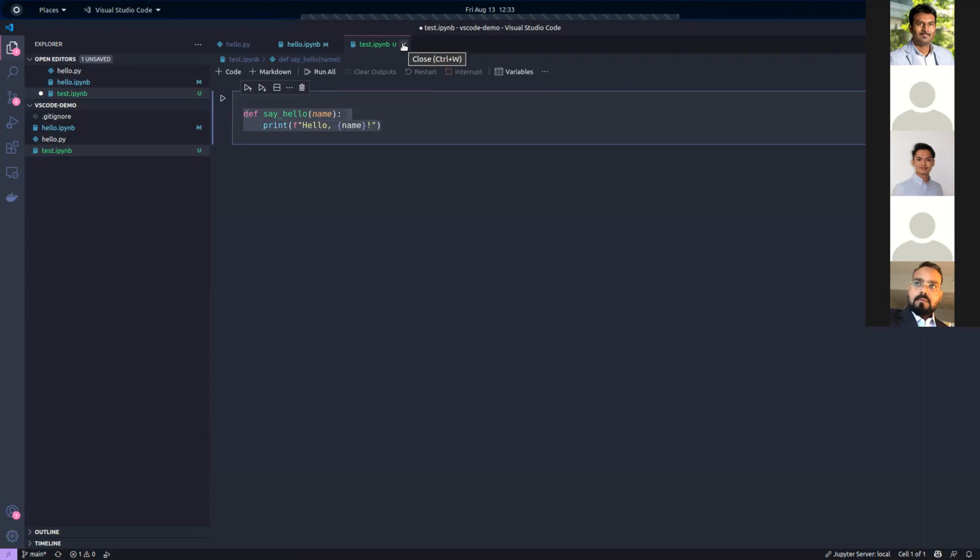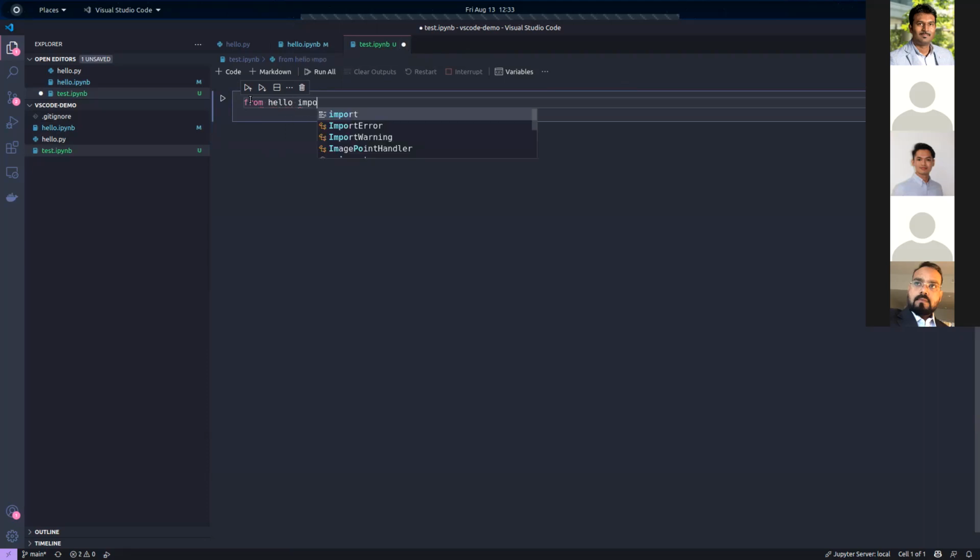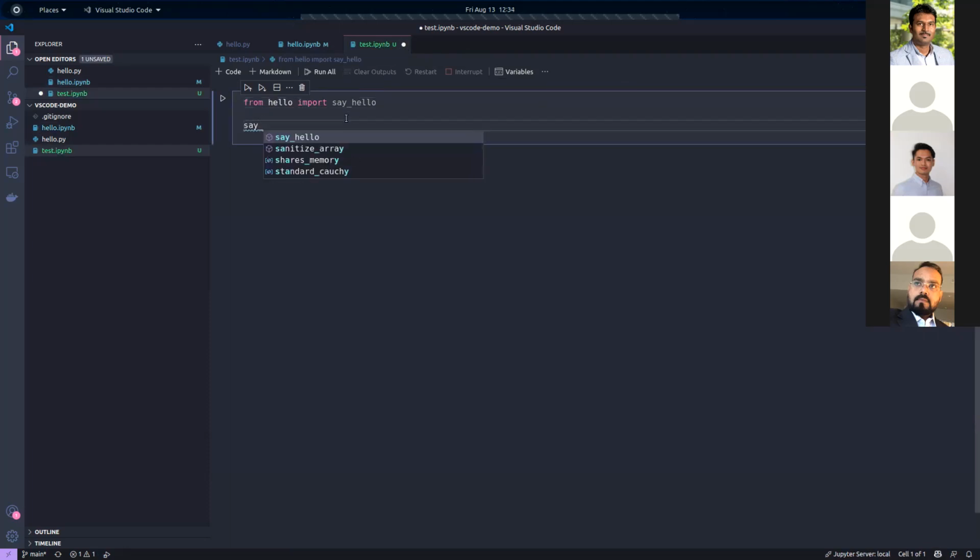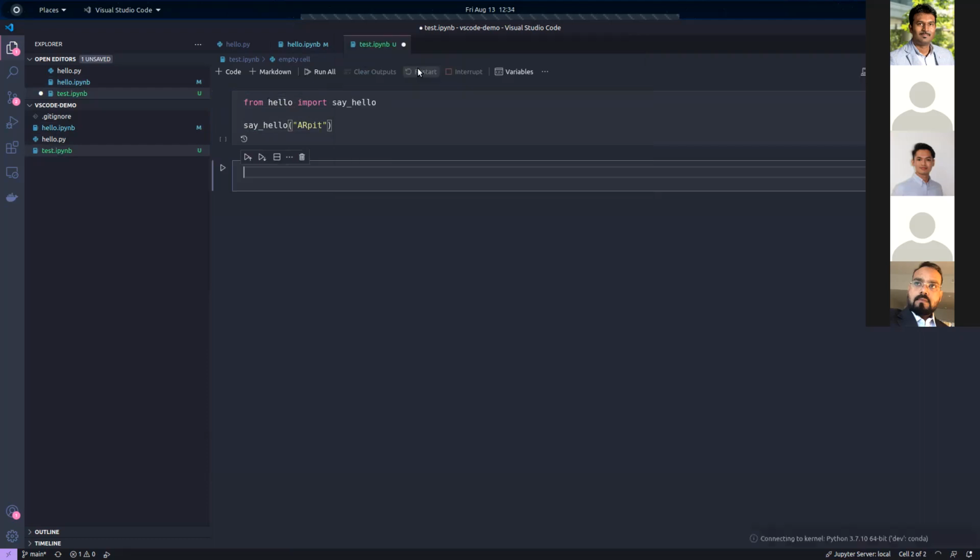Another thing that you can do is just directly import the function, for example, from test import the function. You can do this.